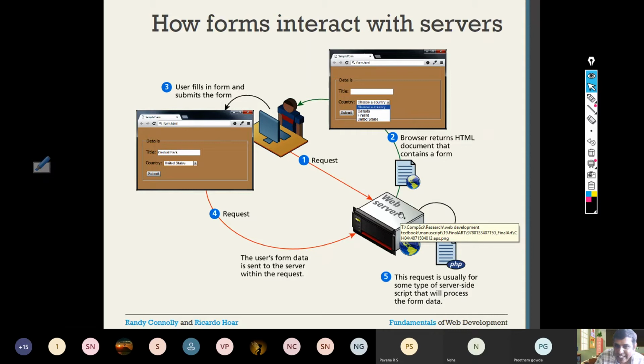So what is the second thing? Naturally the server will return an HTML document that contains a form. For example, on VTU, when you click on result, it will return a form where one element may be USN and another element may be CAPTCHA. It may ask you for a CAPTCHA, where you enter a number that you see in the picture towards your left or right. The CAPTCHA is used to prove that you are a human.